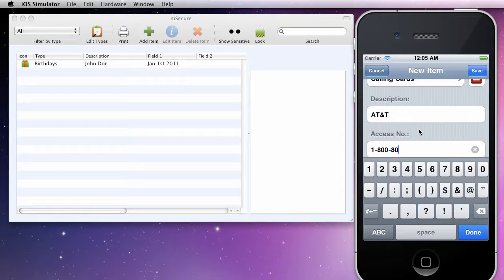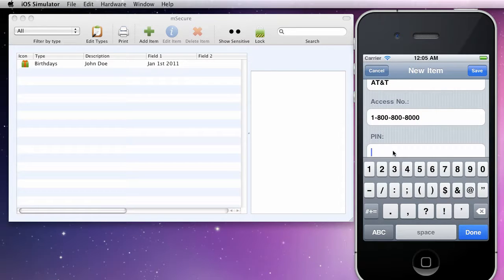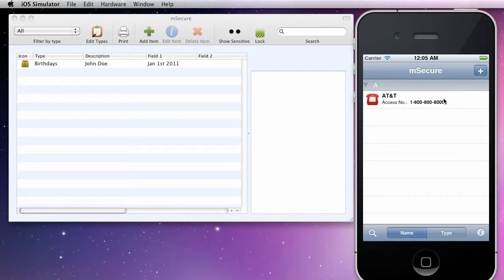Do 800 as the access number. And I'm going to do a PIN number. Okay, so now I have a record on the phone and a record on the desktop, and so now we